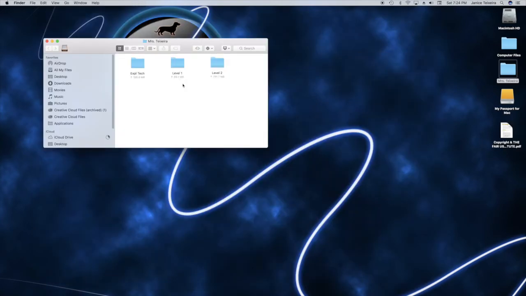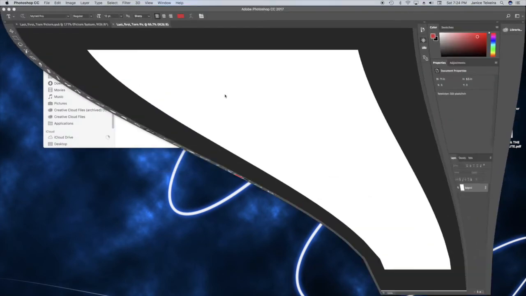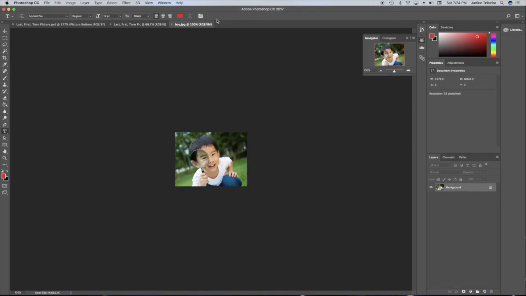All right, I'm going to go ahead and get into my folder where I do have an image saved. I started a new folder called Torn Picture, and this is the image that I found, and I'm going to right click and open with Photoshop. Okay, cute little boy here. And I want to move this into my new document that I just created. So I can either do Command A to select all, Command C to copy, move over to my new document,